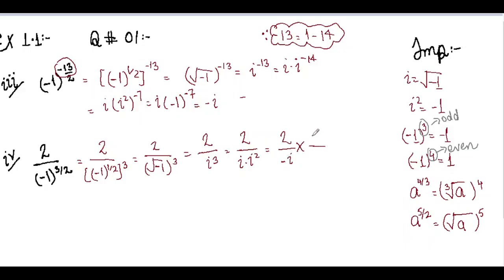So its conjugate is iota, and we are going to multiply and divide by it, and so it becomes 2 iota whole divided by minus sign. This minus sign remains as it is over here, minus into iota square. Iota square gives us minus 1, so we put it over here: 2 iota whole divided by minus into minus 1, which gives us 1, and the answer is 2 iota.